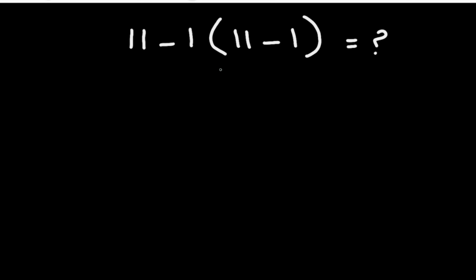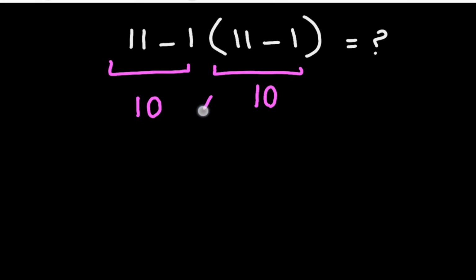Now let's start to solve this math expression. 11 minus 1 equals 10. Now 11 minus 1 equals 10. Now 10 times 10 gives us 100, but this answer is not correct because according to the order of operations,